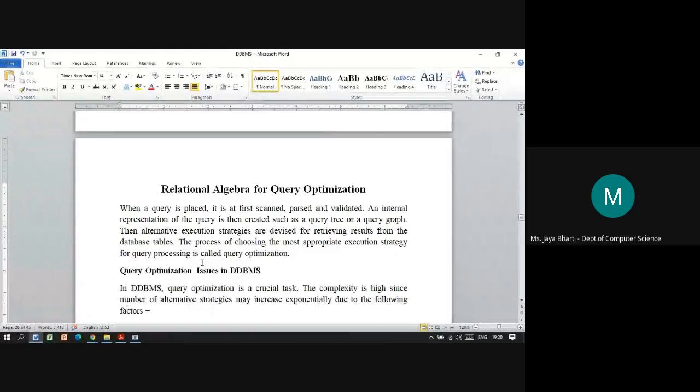When a query is executed, it is first scanned, then parsed and validated. These are the query processing steps. Scanning, then parsing and validating: these are the three basic steps. There are some in between, which we will learn in detail further. This way the query processing task is done.